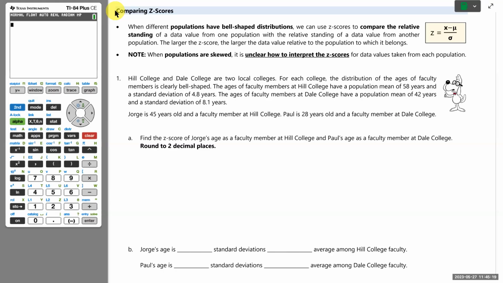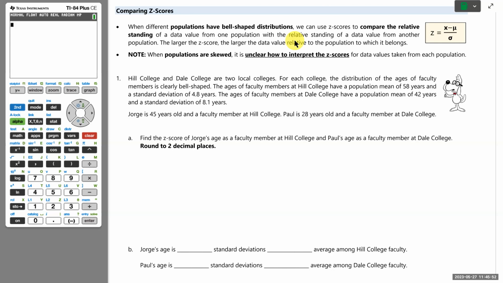Welcome. We're now ready to take a look at comparing z-scores when data values come from two different populations. So if we have two populations that each have bell-shaped distributions, we can use z-scores to compare the relative standing of a data value from one population with the relative standing of a data value from a different population. So the idea is the larger the z-score, the larger the data value relative to the population to which it